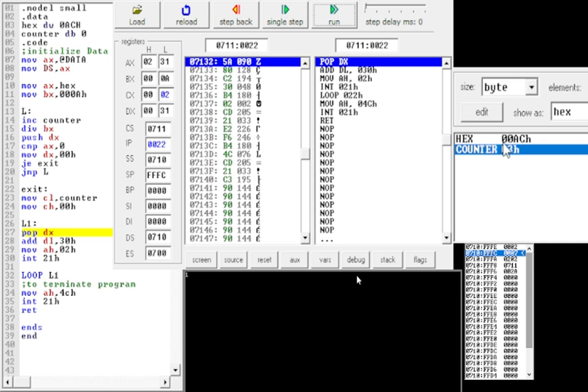We have to check the contents of the CL register, which holds the counter. So here check that our CX register becomes 0002. So our counter is updated to 02, decremented by 1. In the case of the LOOP instruction, if our counter is not equal to 0, then we redirect again to the L1 label. So again we are at the L1 label,